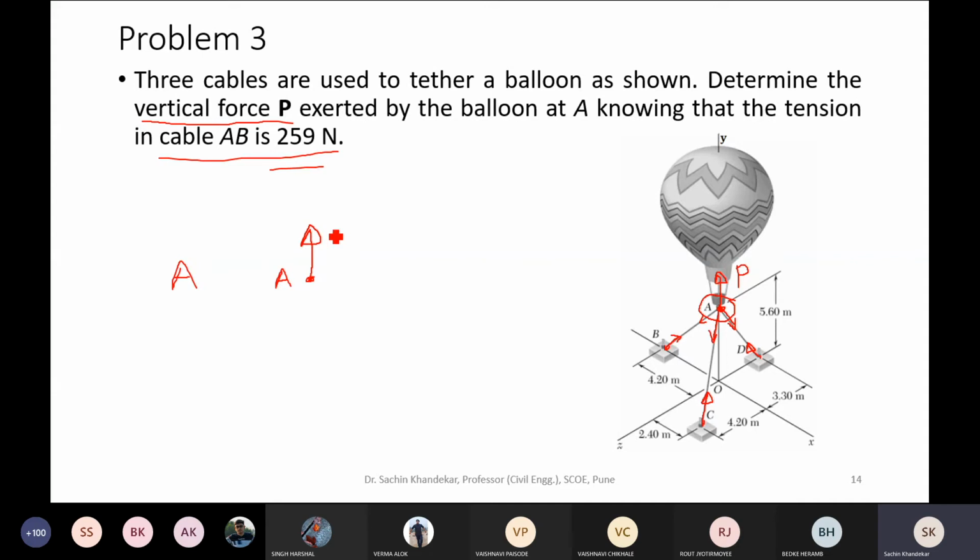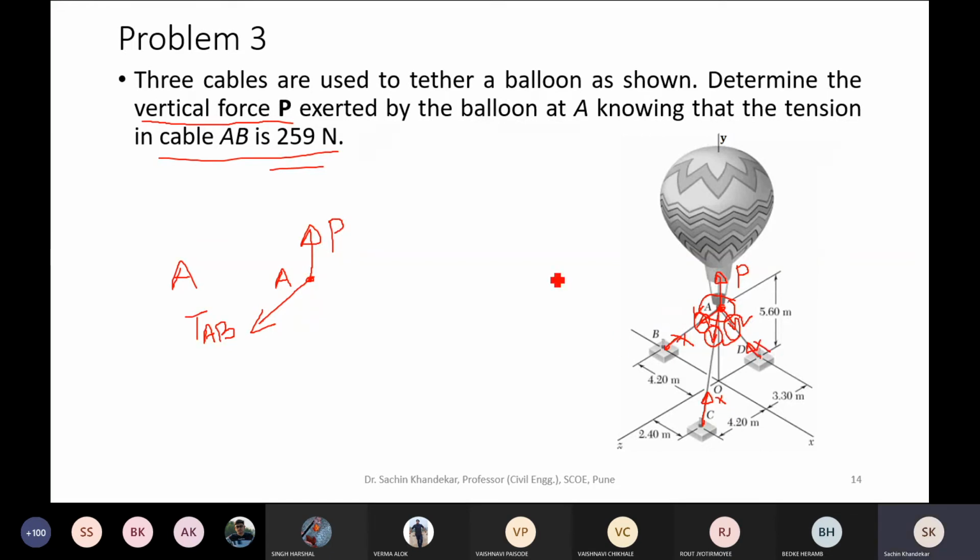One is the vertical force P, which we have to calculate. Then what is the next force? As the point under consideration is A, the force from A to B, this is the tension, so tension A to B. Please note how I am representing tension. I am not representing this tension from B to A, it is from A to B, because point A is under consideration, so you have to consider the nearest direction. What is the nearest direction to A? This is what tension away from A. So these directions we are going to consider, and not this one.